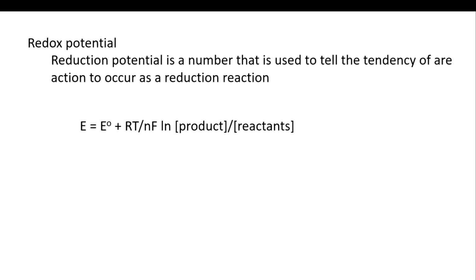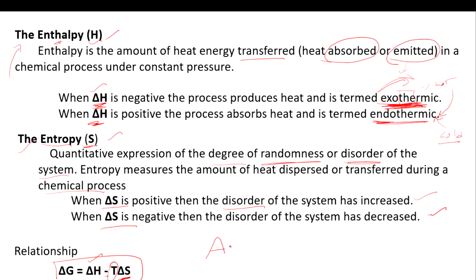And the next one is redox potential. Previously we have talked about ATP, right? Here we are talking about ATP. What happens when ATP is producing energy? ATP will be converted into ADP plus Pi. So the molecule breaks down, losing one phosphate, and it produces energy. That is the story we have seen up to now.